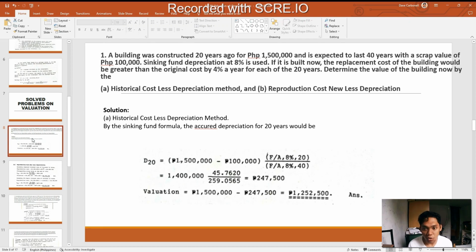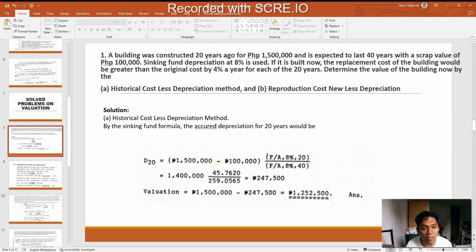So, as we mentioned a while ago, there are three methods in appraising the value of a property. Now two of those methods are to be used. First up is the historical cost less depreciation method. So this is the formula. D subscript 20, which stands for the time the building was built years ago, is equal to the original cost of the building, which is 1.5 million, minus the scrap value, which is 100,000 pesos, times the functional notation